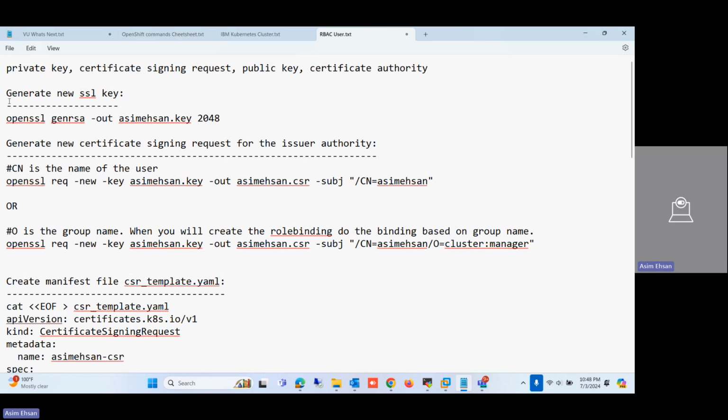So, what is the process? I will use OpenSSL. OpenSSL is a Linux command, a tool to generate the private key with some encryption, 2048 or whatever level of encryption you want to use. If you increase the level of encryption, it will take more compute resources to encrypt and decrypt your data. So first of all, I will generate